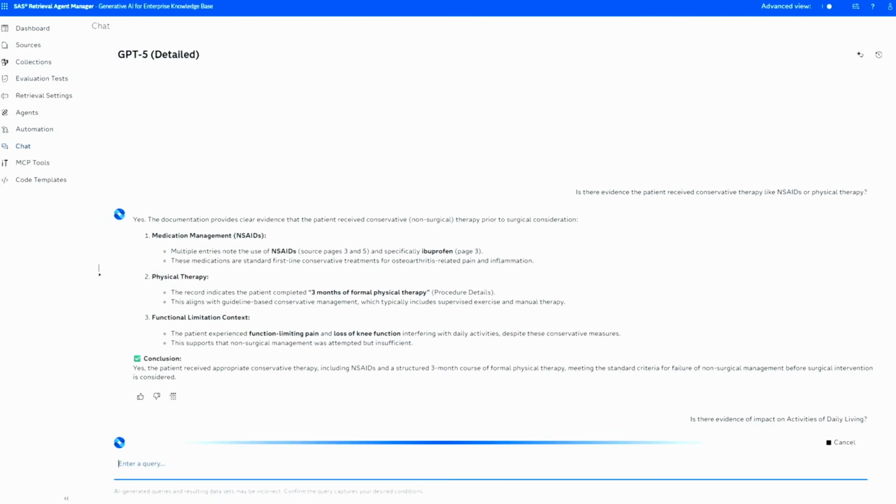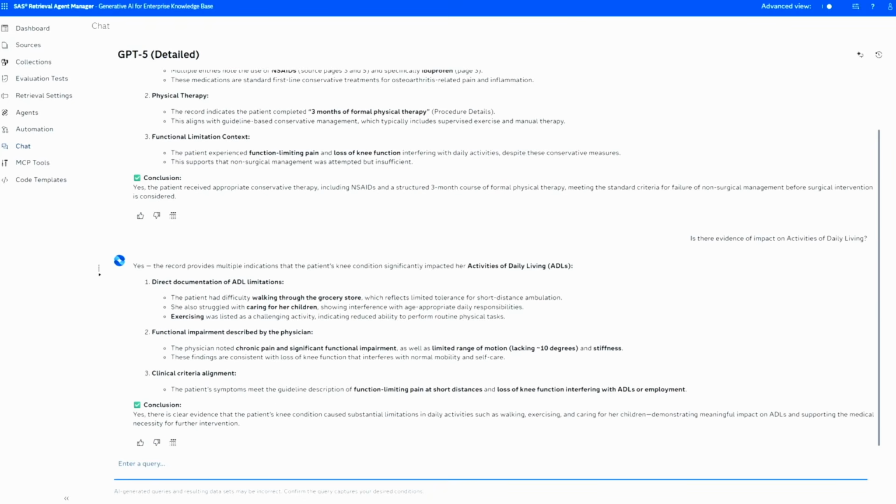And it mentions there are multiple entries noting the use of NSAIDs and physical therapy, and what I wanted to point out here is this highlighted or bolded text says 3 months of formal physical therapy. So that's why it's nice to have this ability to query the LLM. It's useful, it gives you this nice summary, but then you get this sort of variance that we noted, but you're able to then kind of follow up on that.